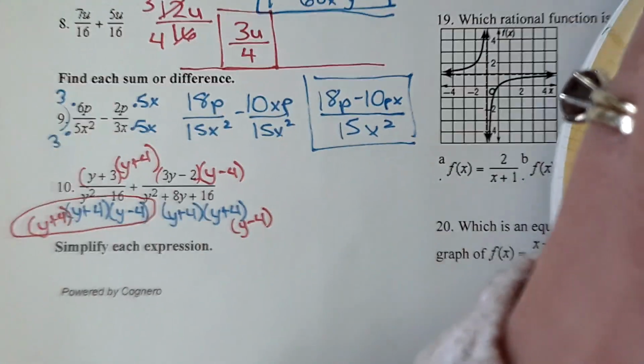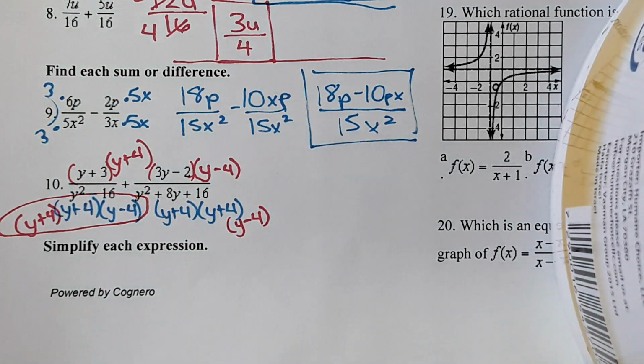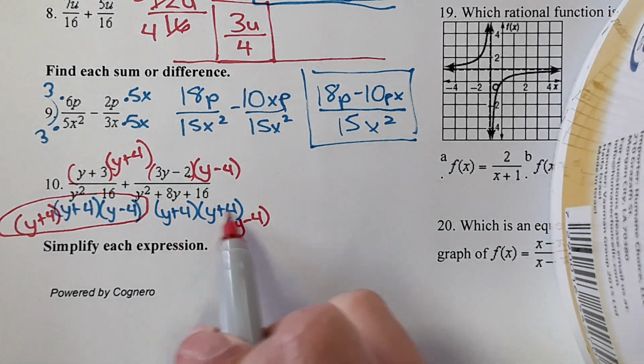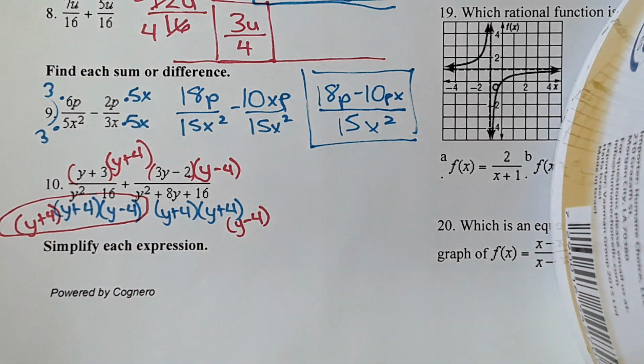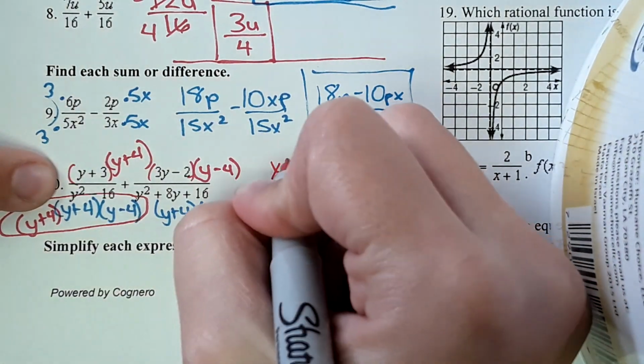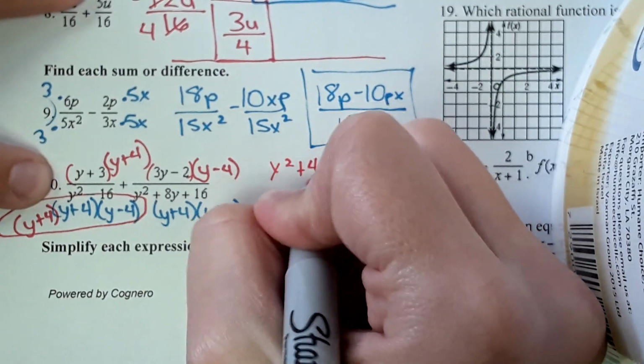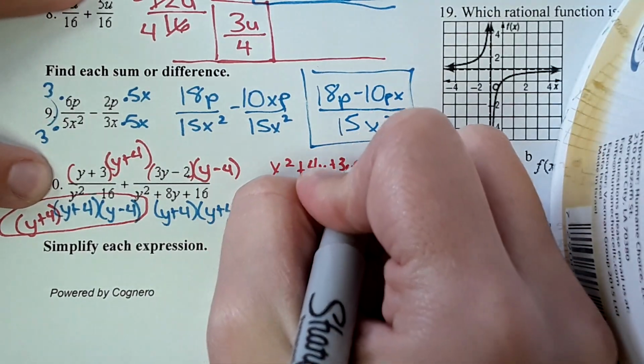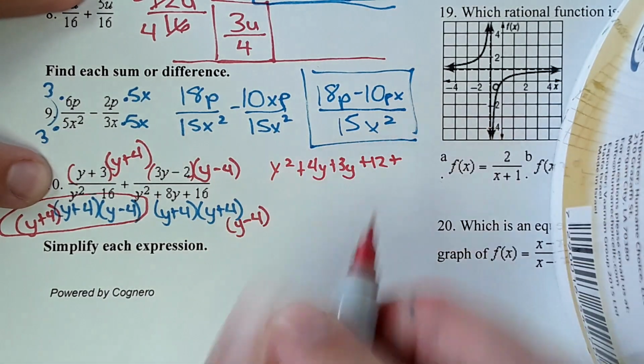Why did you multiply y plus 4 in the denominator for that 4? Because this one had 2 y plus 4s, so this one needed 2 y plus 4s. Okay, now I FOIL. So y squared plus 4y plus 3y plus 12 plus,